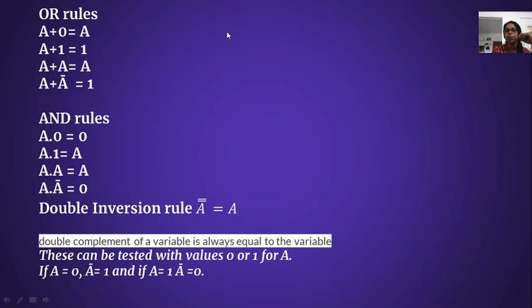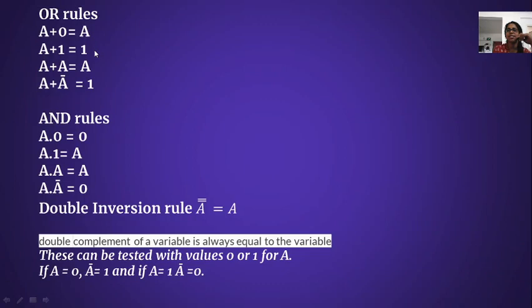So let's try once. Here I am putting 0. So what is the answer? 0 or 0 is equal to 0. If I am putting 1 here, 1 or 0 is equal to 1. So what you give as A, you will get the output as that value only. That's why we put A or 0 equal to A. So similarly, you try yourself by replacing all these A's with 0 or 1, and you find this rule is right. This is right only. So A or 1 equal 1.